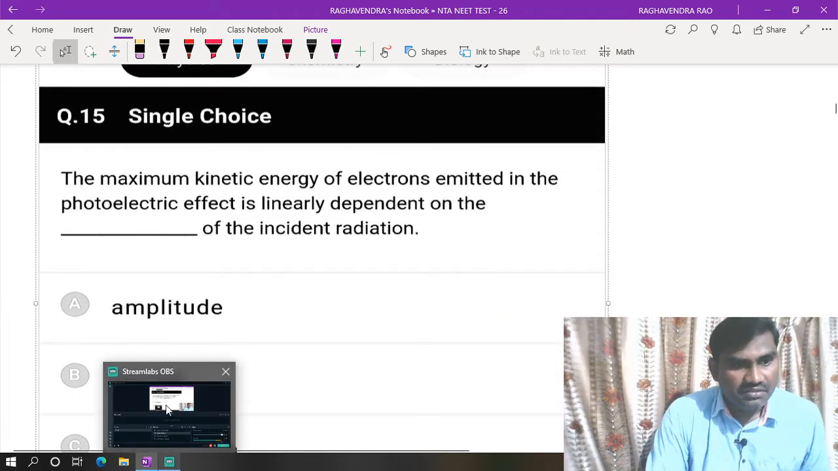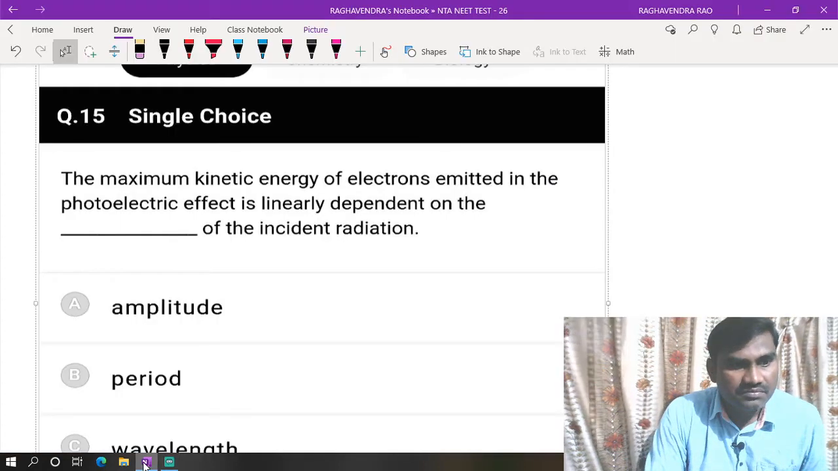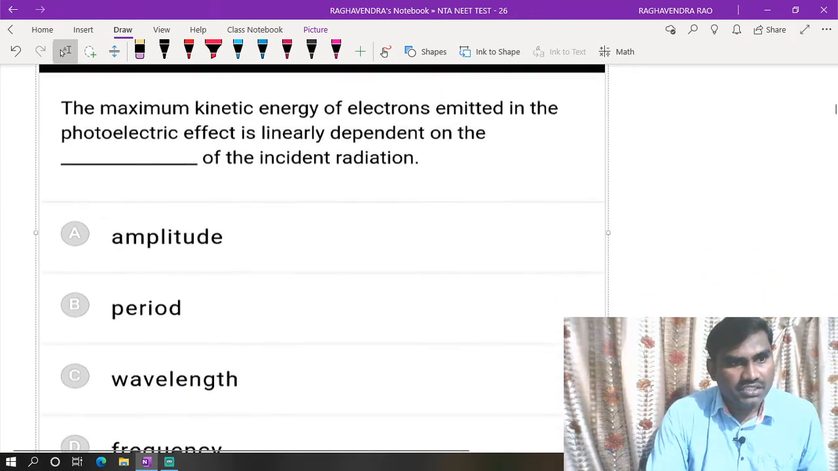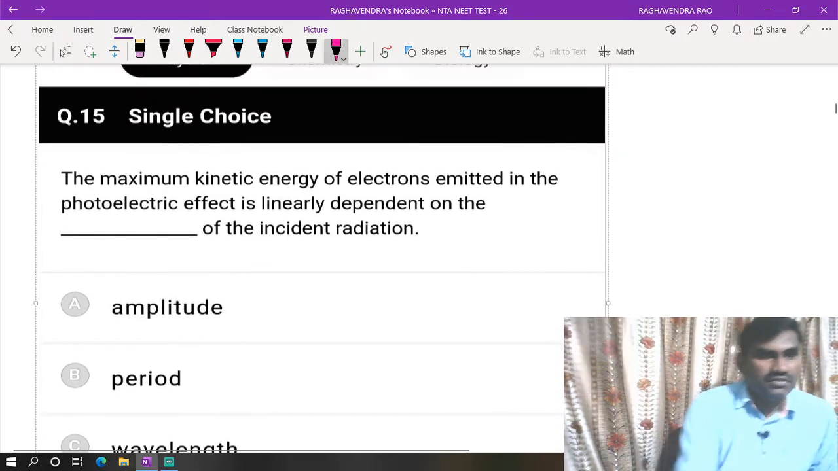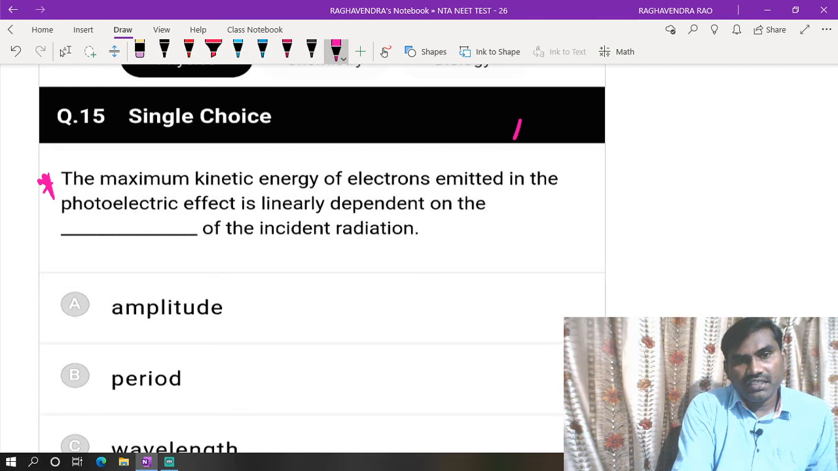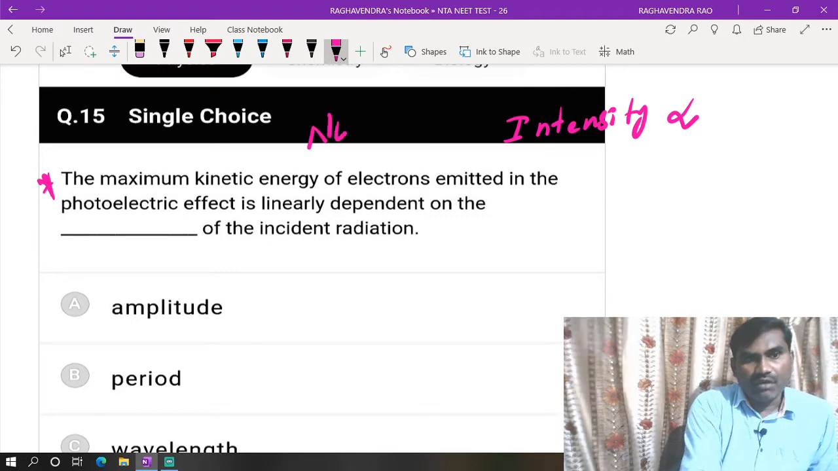Maximum kinetic energy. The maximum kinetic energy of electrons emitted in the photoelectric effect nearly depends on... So this is the direct one. So here, maximum kinetic energy. So intensity is the number of